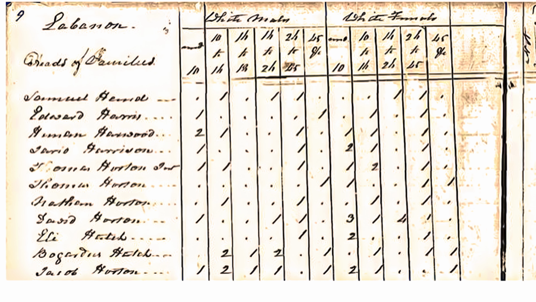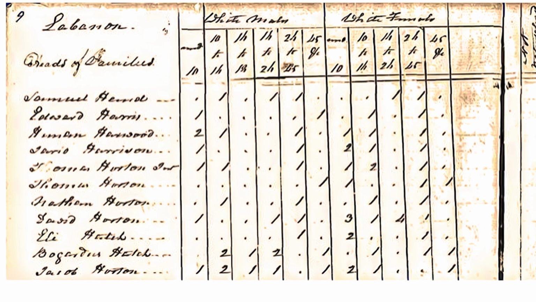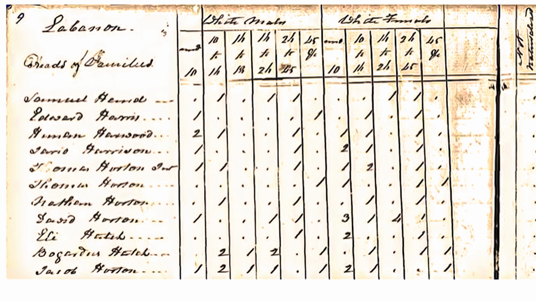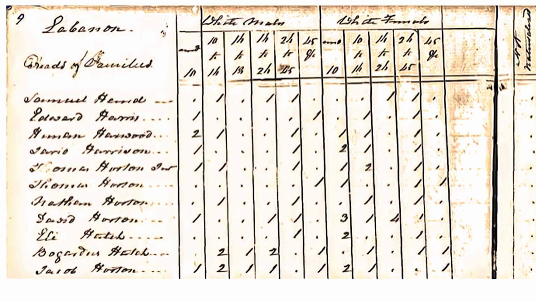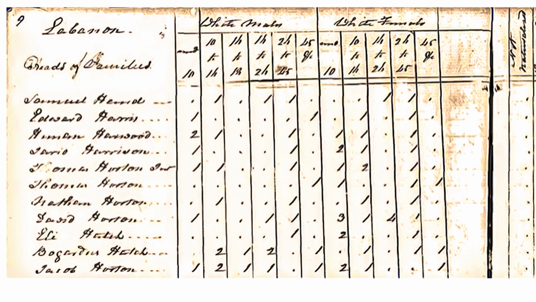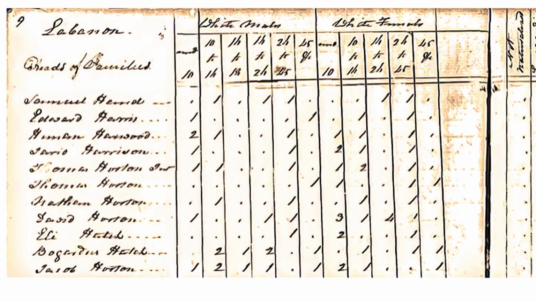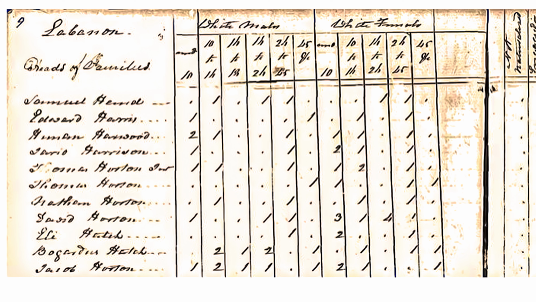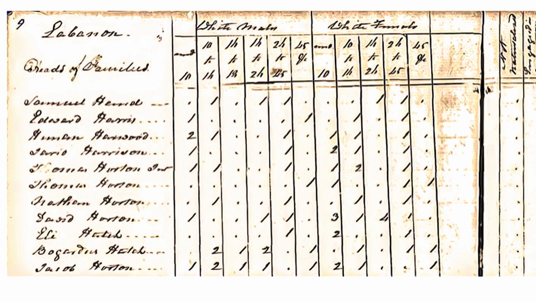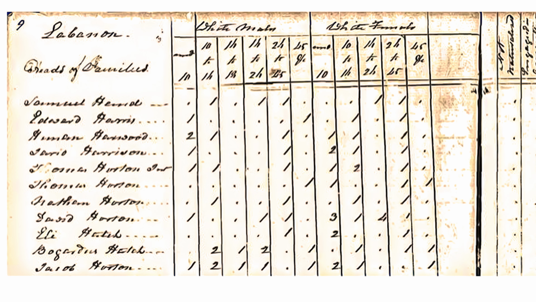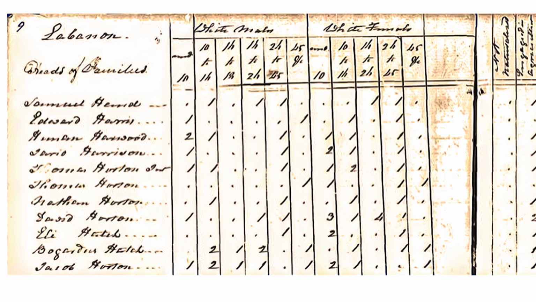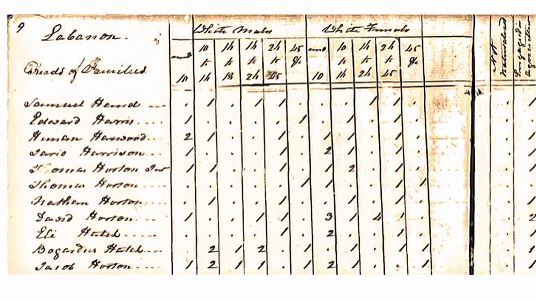The questions that were asked on the 1820 U.S. Federal Census include the name of the head of the household, the number of free white males in a household under the age of 10, the number of free white males in a household aged 10 to 16, the number of free white males in a household aged 16 to 26, the number of free white males in a household aged 26 to 45, the number of free white males in a household aged 45 and up, the number of free white females in a household in the same age groups as the free white males, the number of unnaturalized foreigners in a household, the number of people in a household engaged in agriculture, commerce, and/or manufacturing,